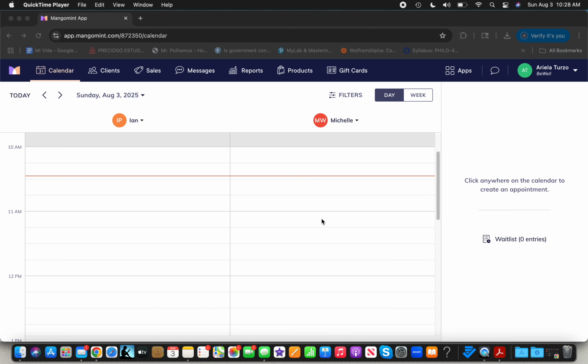In this tutorial, I will be going over how we will be managing our packages. It's a 3-step process that requires you to follow these steps in order. So I'd say this is one of the more complex things we have on MangoMint, but it also is comprehensive